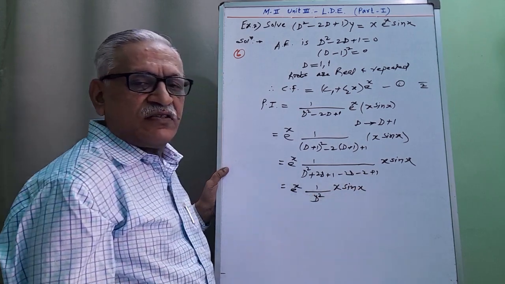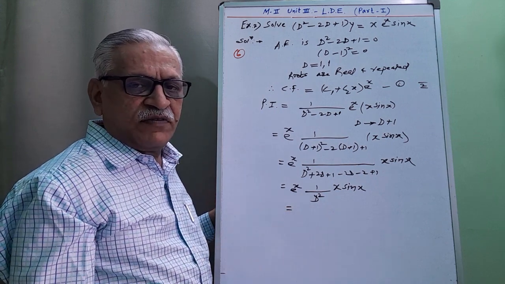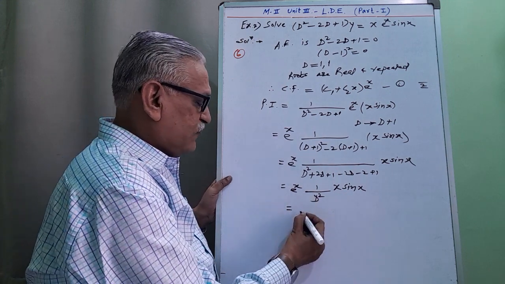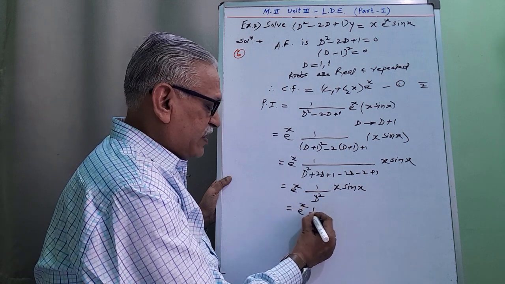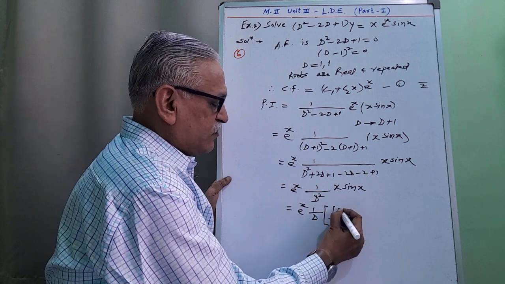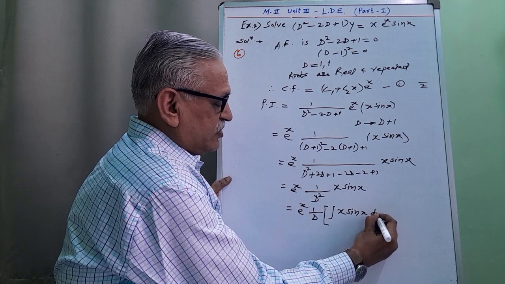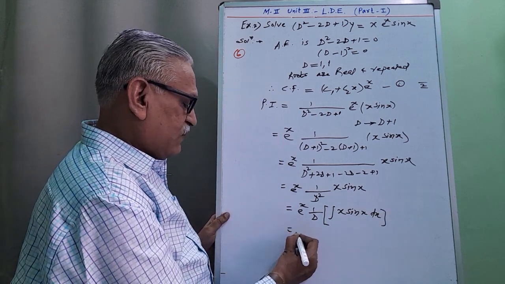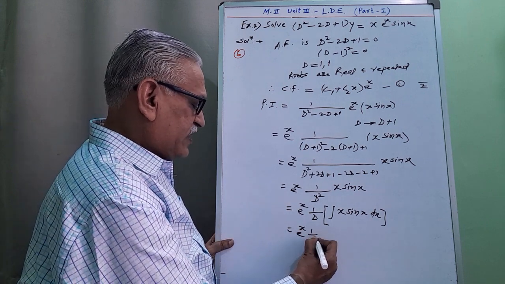1 by D square, if D stands for the d by dx operator, 1 by D is the integration operator. Therefore, splitting this 1 by D square as e raised to x, 1 by D and again 1 by D. 1 by D means integration of x sin x with respect to x. Therefore, it is e raised to x, 1 by D times,